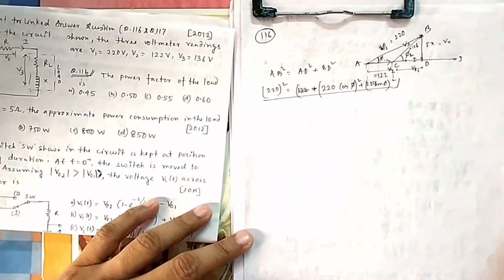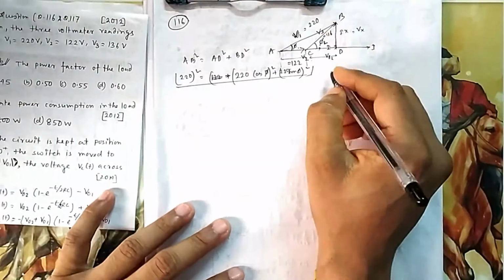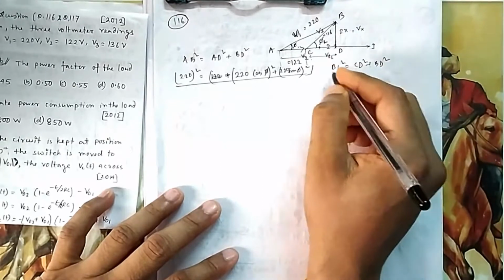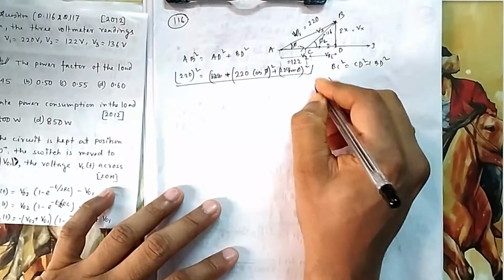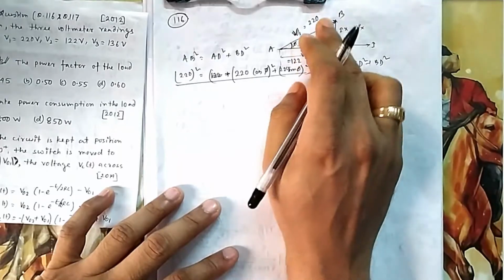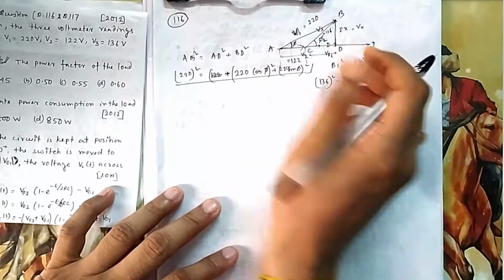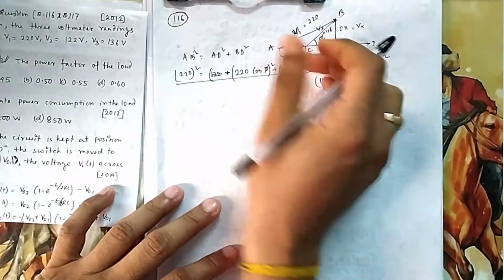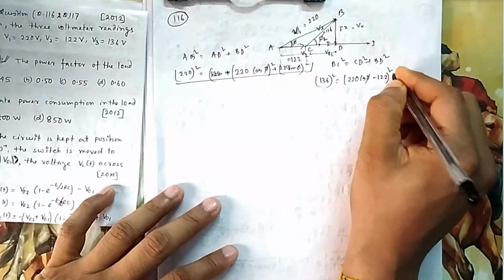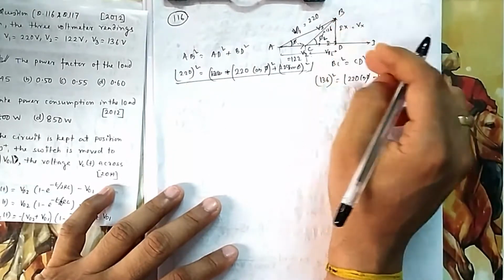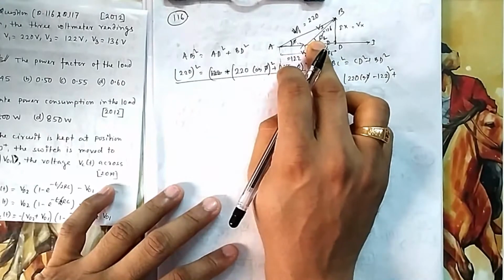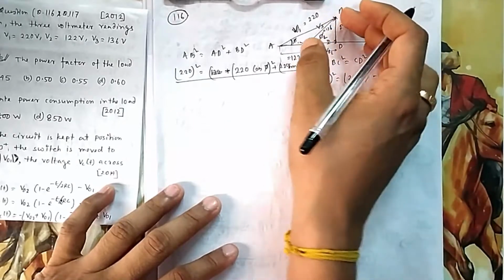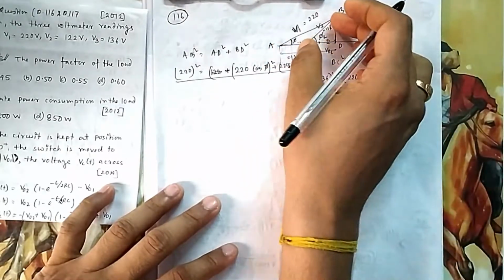So let me try with the smaller triangle now. BC square is equal to CD square plus BD square. Now, BC is equal to 136, this square is equal to, and CD you can write as 220 cos phi, which gives the entire AD, minus this AC. Now BD, because I am writing in phi, I don't want to involve phi L. So this BD I can write in terms of 220 also, or in terms of 136 also. It is 120 sin phi, or 136 sin phi L.